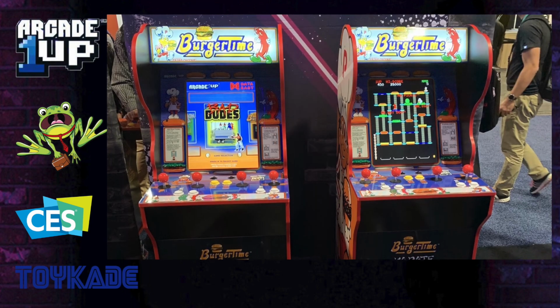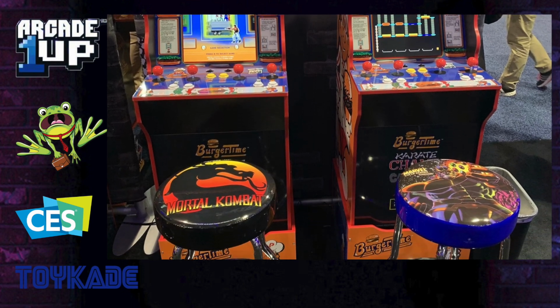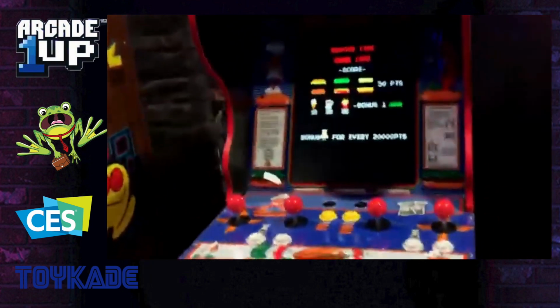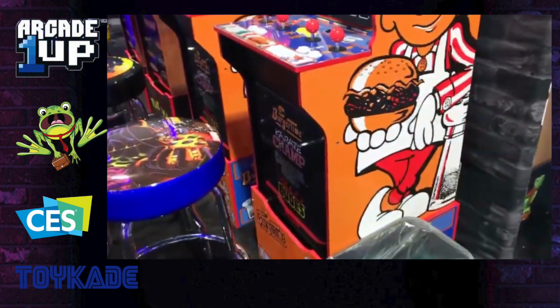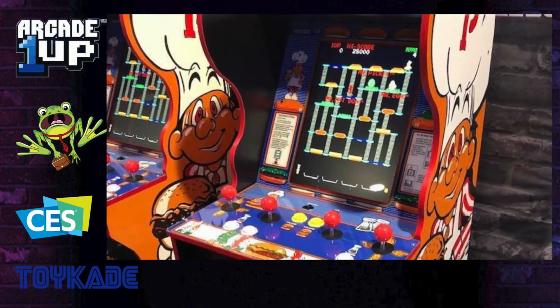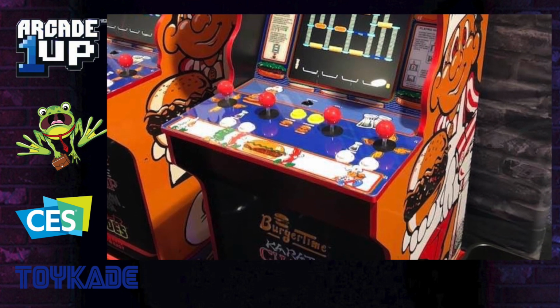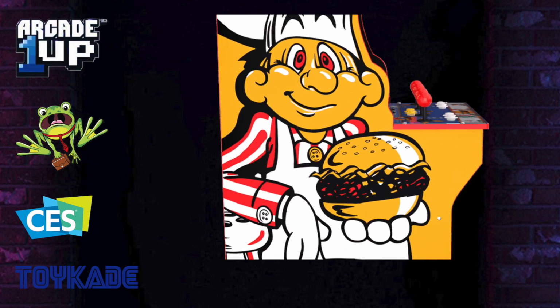And here we have Burger Time. This was no surprise. This was a long due cabinet. After first being designed as a karate champ, but then redesigned after listening to the community. This was already spoiled at the Tokyo Game Show in 2019, so it was no surprise here. The cabinet also includes arcade classics such as Karate Champ, Bad Dudes, Caveman Ninja, and this unique cabinet features the